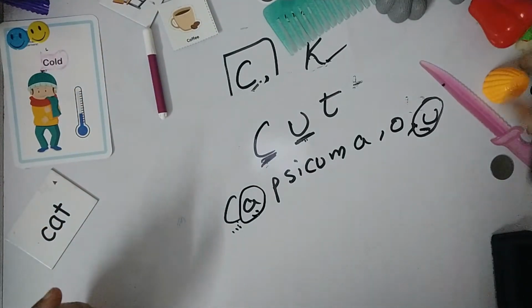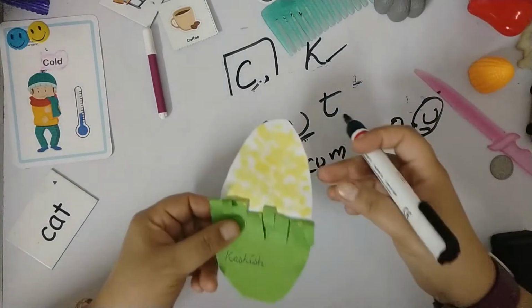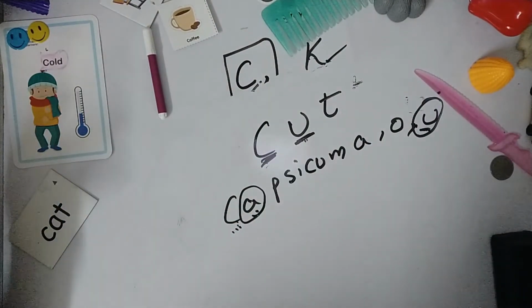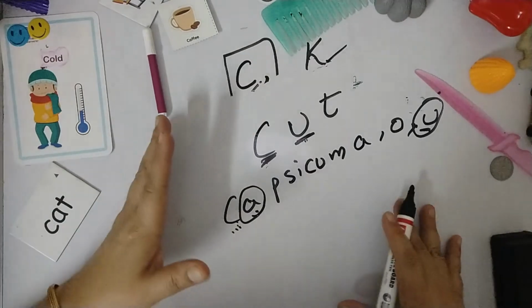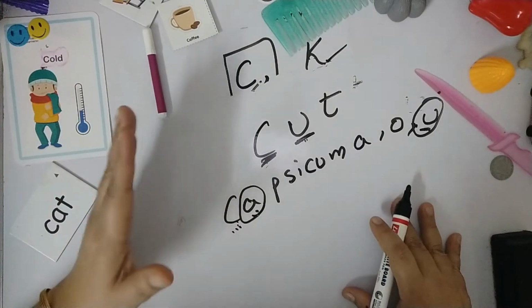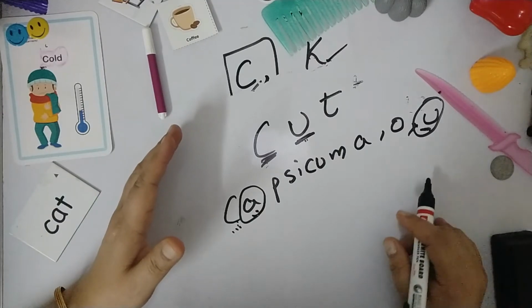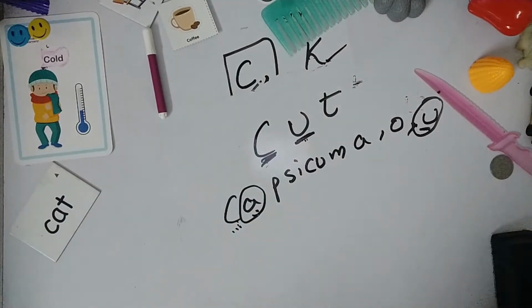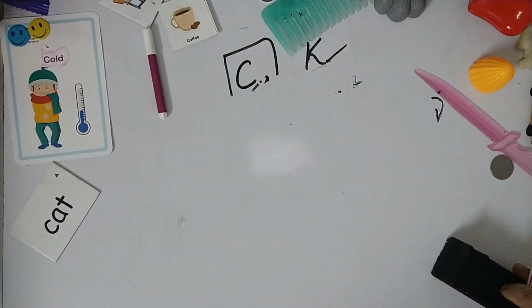Right, and if you don't have toys like this, it's okay, you can use any art and craft things like this. You can make corn like this. It's very easy and it takes only 5-10 minutes for you to make this and make the child understand, right? And if you don't have any toys, do watch this video till the end, because in the end I'll tell you what you are supposed to use if you don't have these kinds of toys or flashcards or objects.